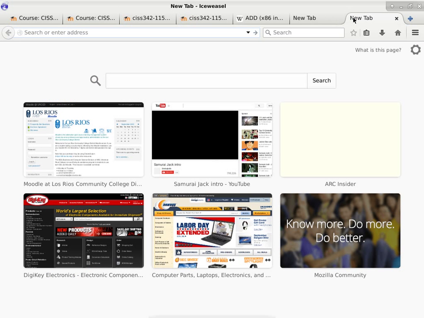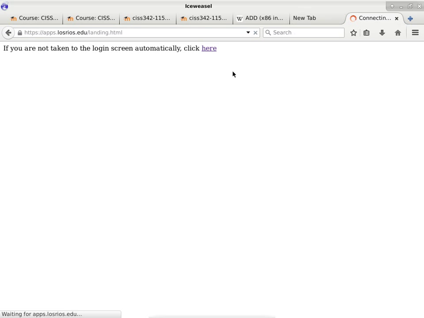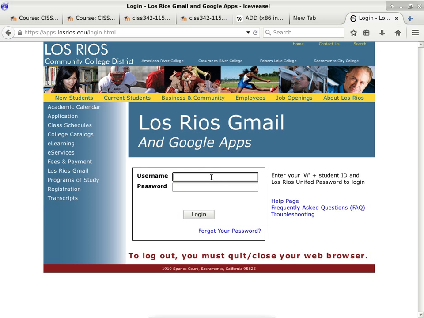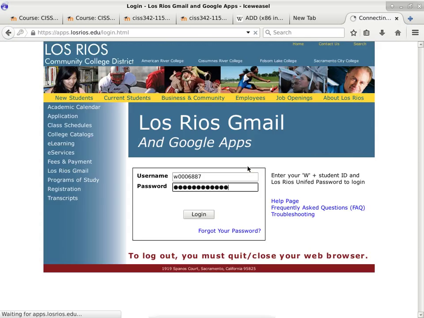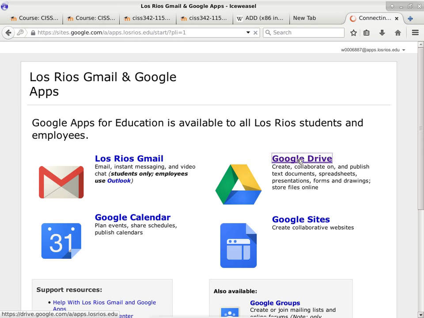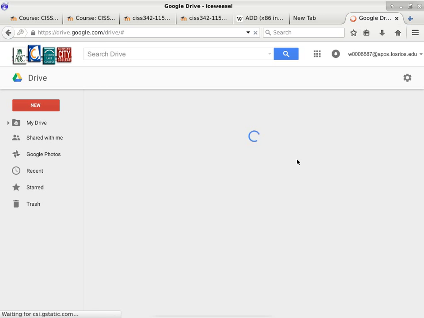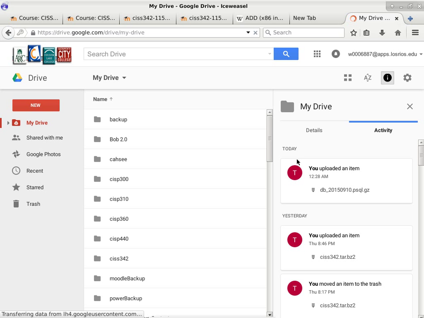So in order to do this, you have to go to apps.losrios.edu, sign in first.